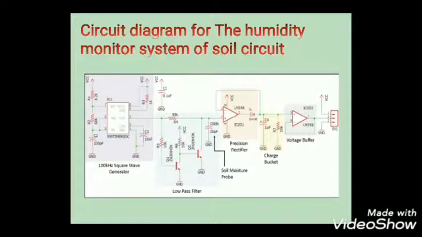The comparator will compare the moisture level signal with the predefined reference signal. Then it will send a signal to the microcontroller. Based on the signal received from the sensing arrangement and the comparative signal, the water pump will be operated. And the LCD display is used for displaying the status of the soil moisture content and the water pump.